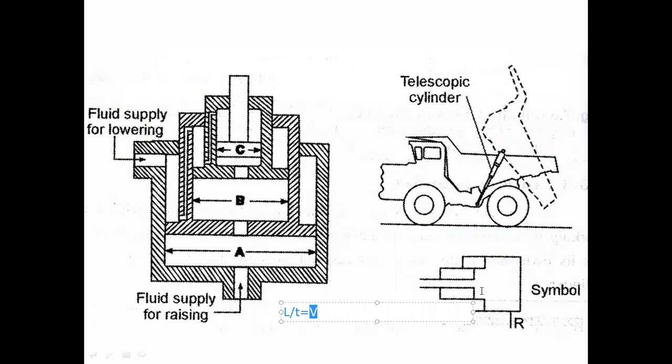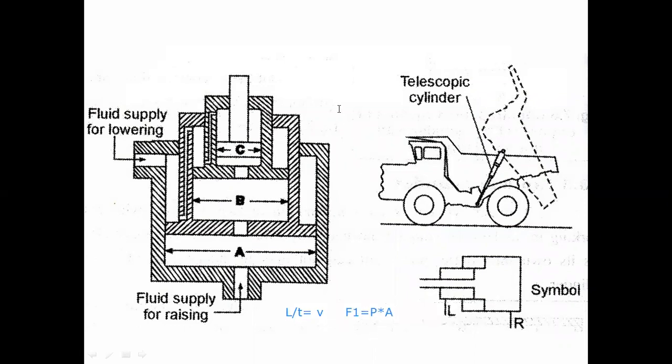Then what is cylinder force? As we discussed earlier, there are two types of force, either push type or pull type. In force, we calculate as F is equal to P into the area of the cylinder. P into area of cylinder. Again, suppose we consider, let's take it as F1.